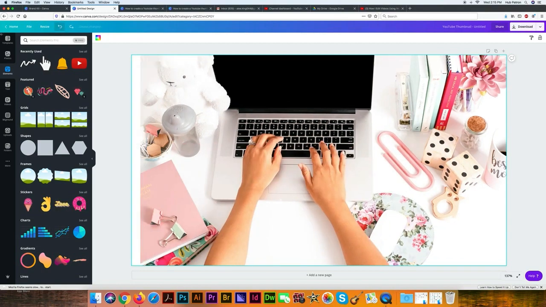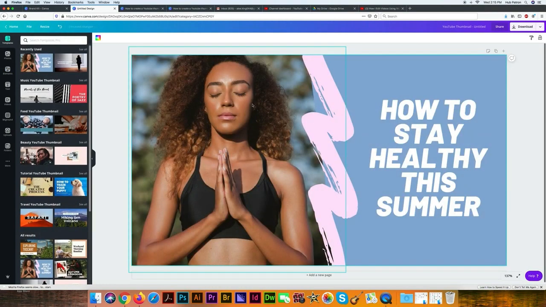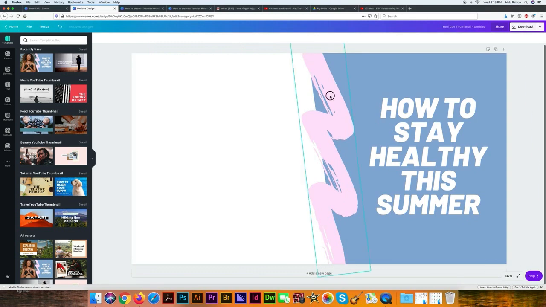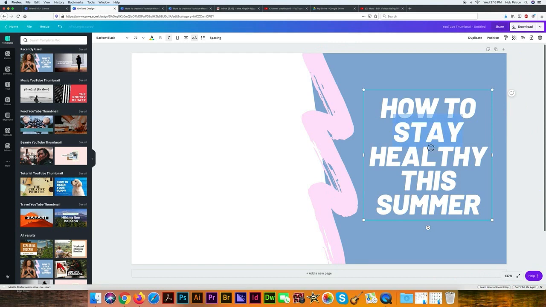So I'm going to show you another template. So here's another one that you can try, and again, you can just click on that and hit delete up here and add your own photo. You can change the color of this. You can change the font here. You can obviously change what it says just by clicking on it, or double click in the middle. Oh, sometimes it works, sometimes it doesn't. Or just,